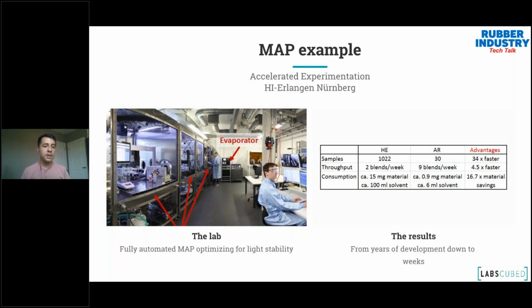Those companies that jump on this and start utilizing it and start implementing it correctly today will be able to make huge changes and have a huge competitive advantage when it comes to moving to the future. So this is kind of where it all comes together. When you take the automation, when you take the AI, and when you start creating these really amazing smart labs, you can take things to a different level when it comes to both development, but also in the quality and production point of view.